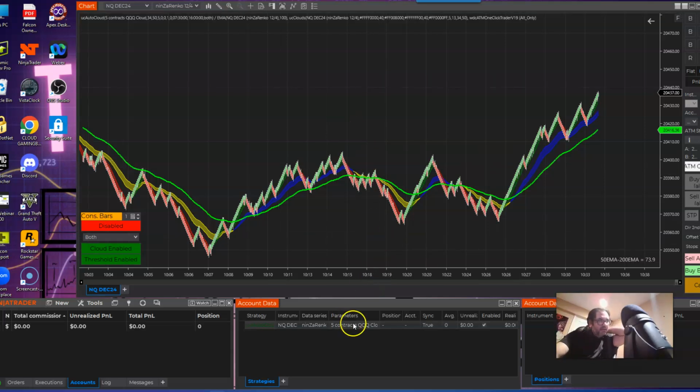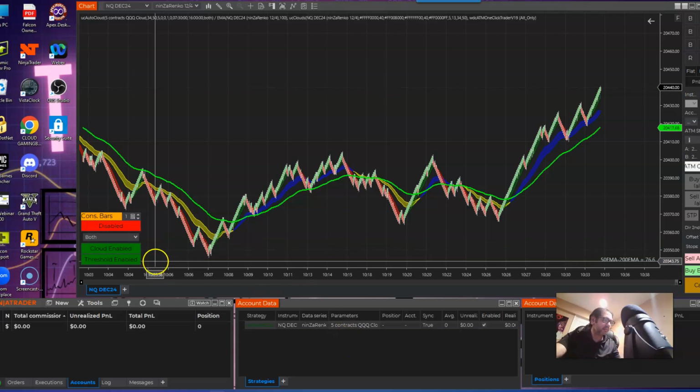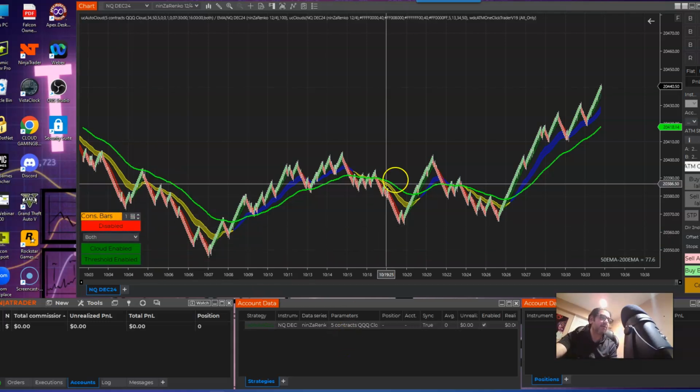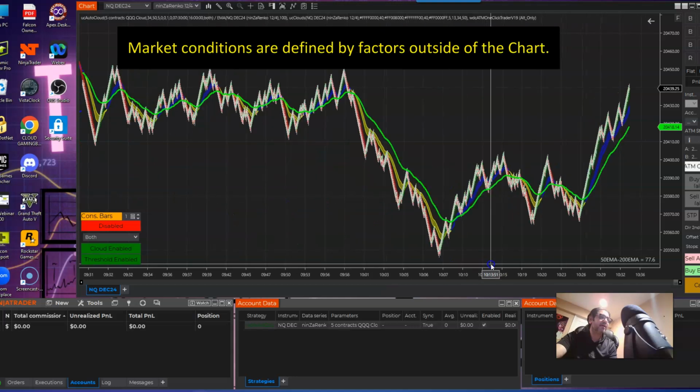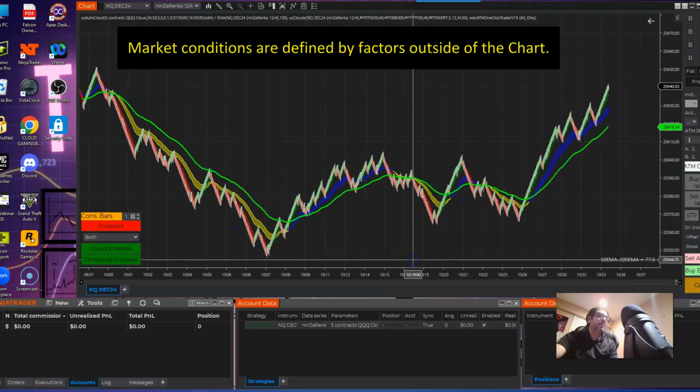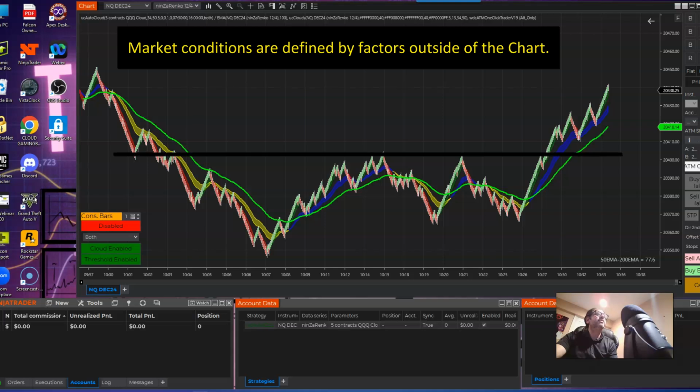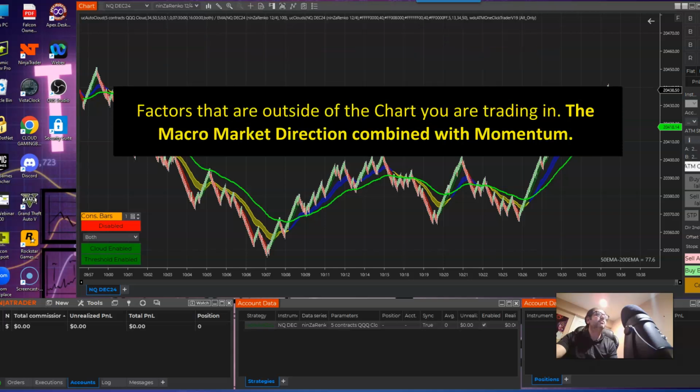Right now I have the NinzaRenko charts on the screen and the UC cloud strategy. It's enabled, but I haven't activated it yet. I'm waiting for the right market conditions, right? So I keep telling you guys that you have to identify the right market conditions on the charts. That's very important because